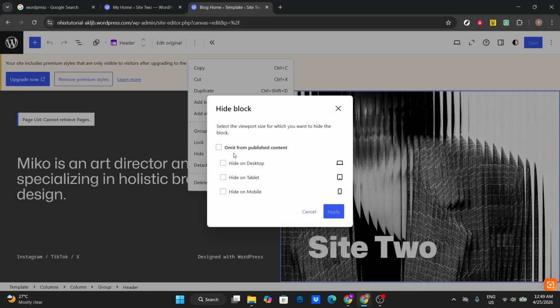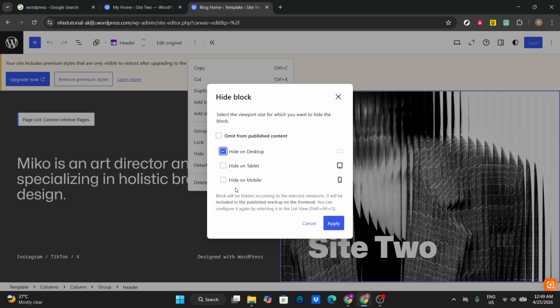Here's where you decide when and where the section should be hidden. You can target specific viewport sizes, desktop, tablet, or mobile, so the content stays in your design, but won't display on screens you've chosen to hide it on. This is perfect for responsive adjustments, like simplifying a busy layout on phones or removing a mobile-only banner from larger